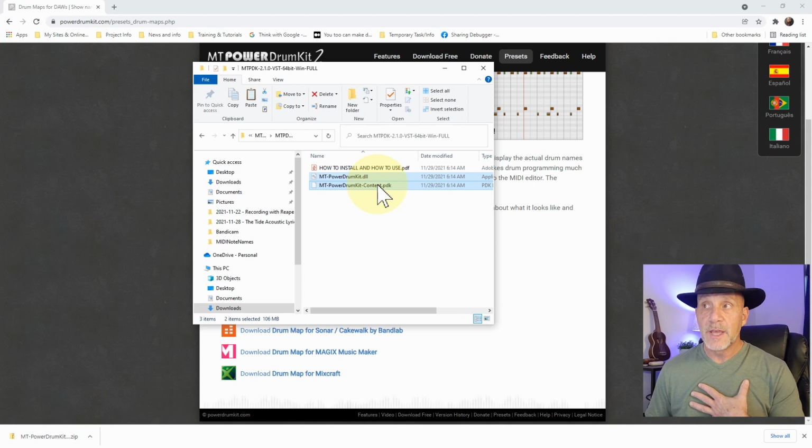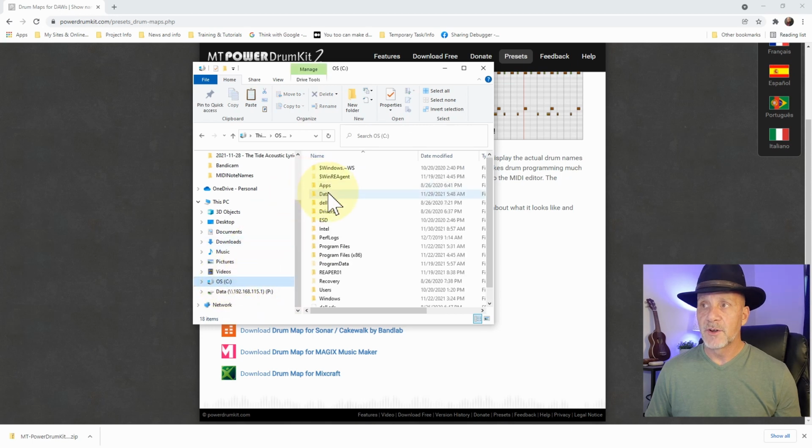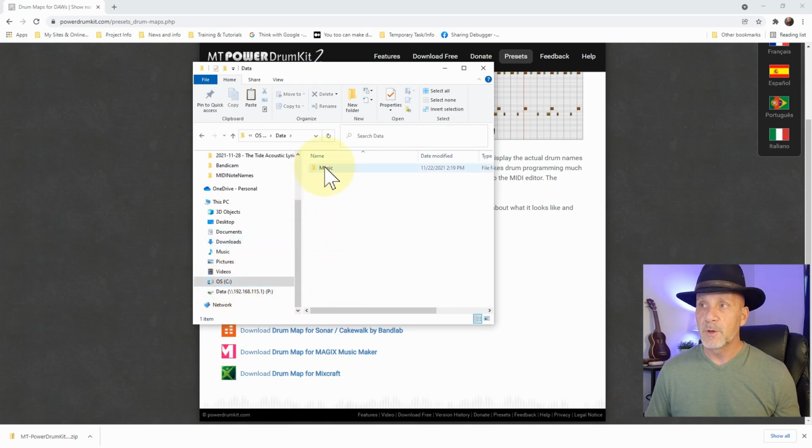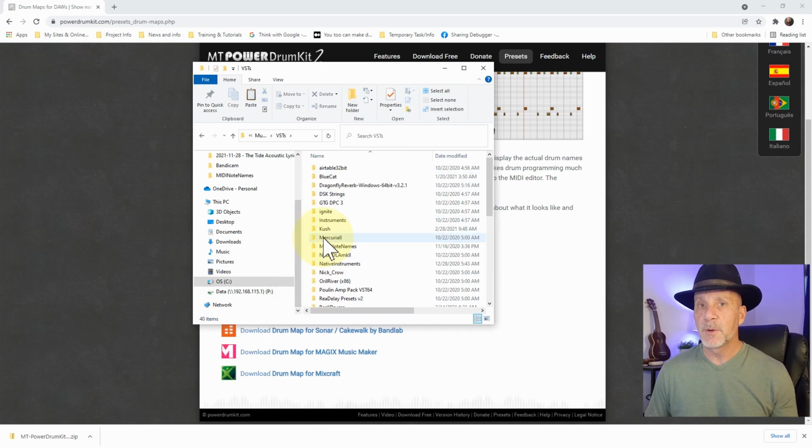Now what I do in Reaper in particular, just to organize things, is I create something called data on my root, music, and inside here I have a whole bunch of stuff, but then I have a folder called VSTs, and this is where I put a bunch of my third-party VSTs because it's just easy for me to find and manage. And then what I do is I map this ultimately to,